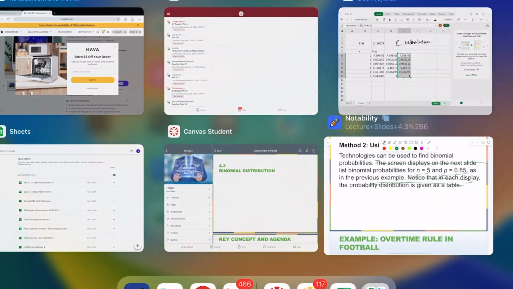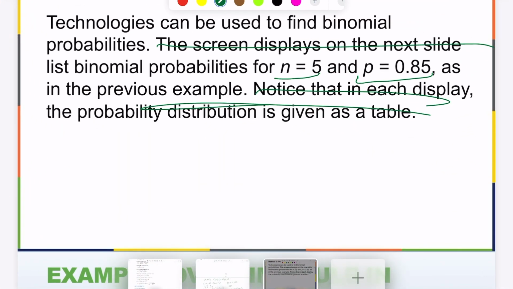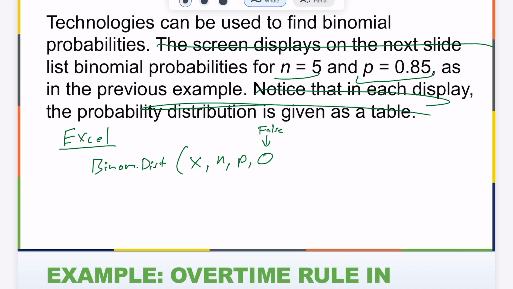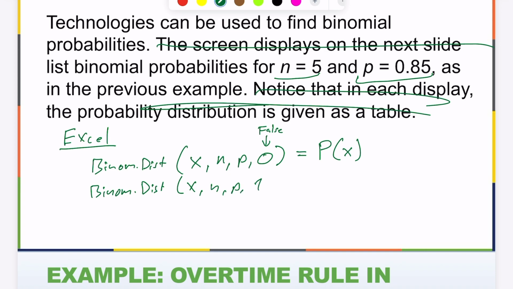Okay, let's summarize that. So, Excel. Binom.dist of x, n, p, 0, false, don't want cumulative, gives me P of x, the probability of just x. Binom.dist of x, n, p, 1, true,